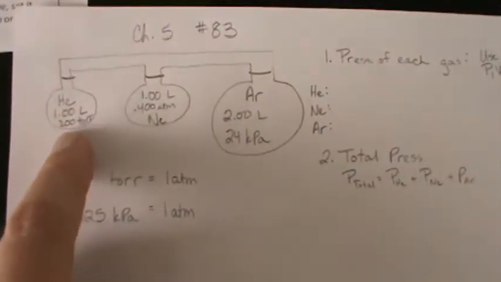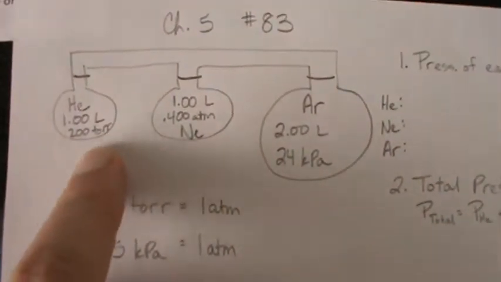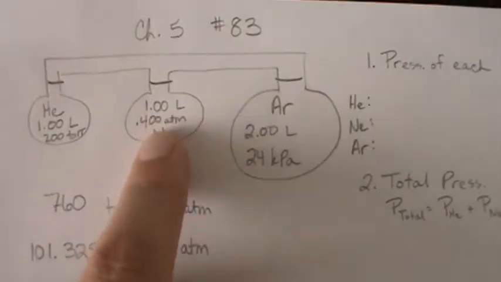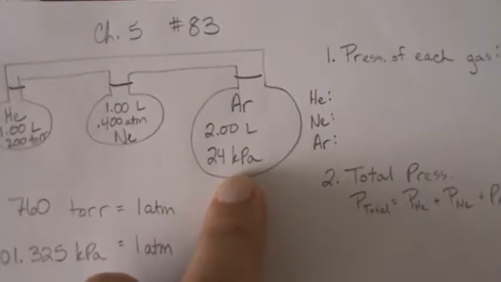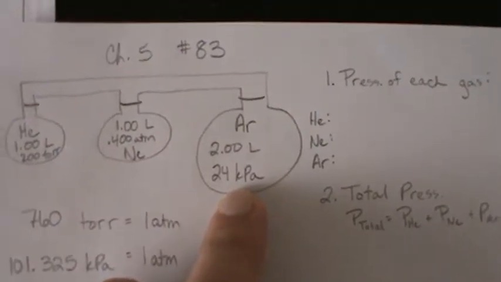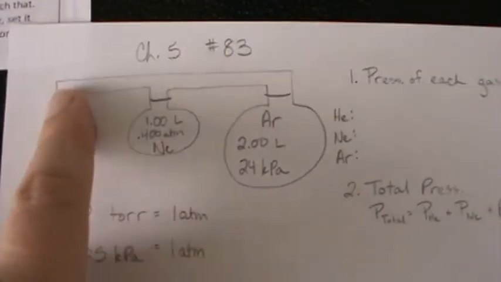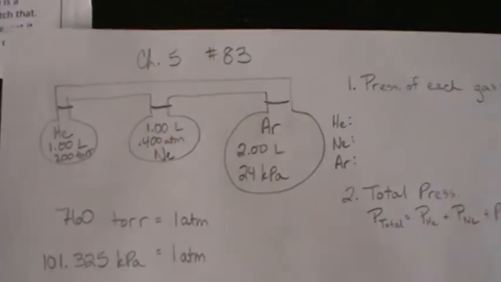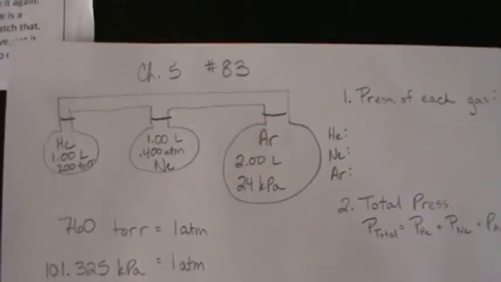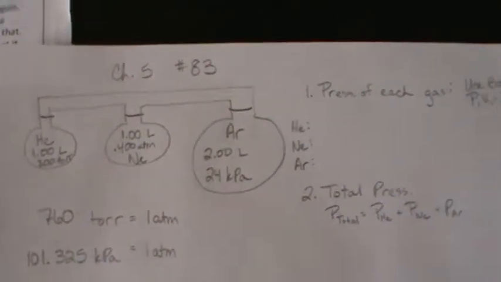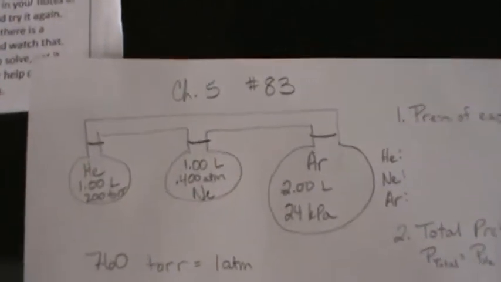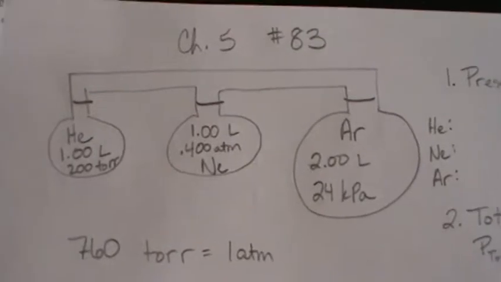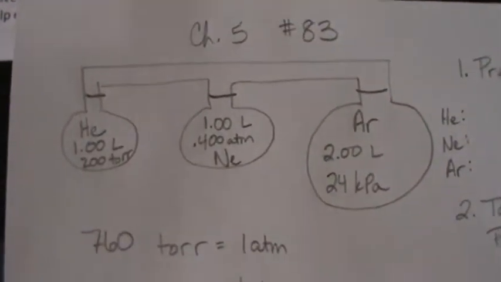We have helium, 1 liter at 200 torr, neon, 1 liter at 0.4 atmospheres, and argon, 2 liters at 24 kilopascals. We want to know, if we remove the seals on each one of these, what is going to be the pressure for each gas and the total pressure. So this is how we're going to do it. The problem here is that if we zoom in a little bit, we notice that these are in 3 different kinds of